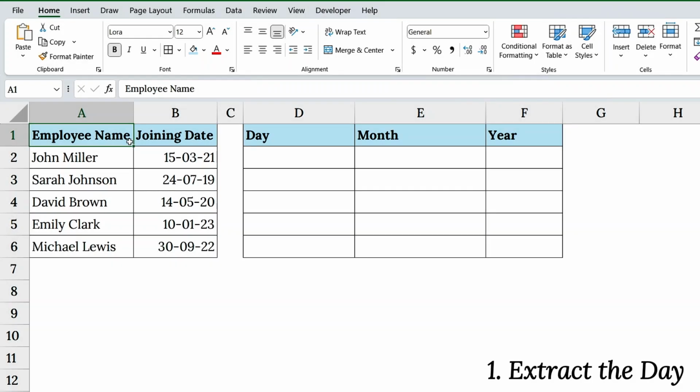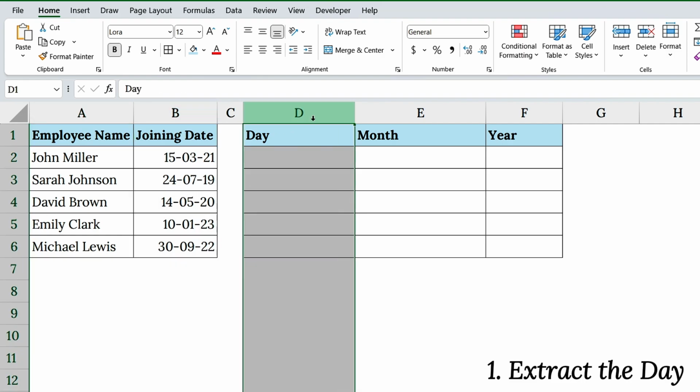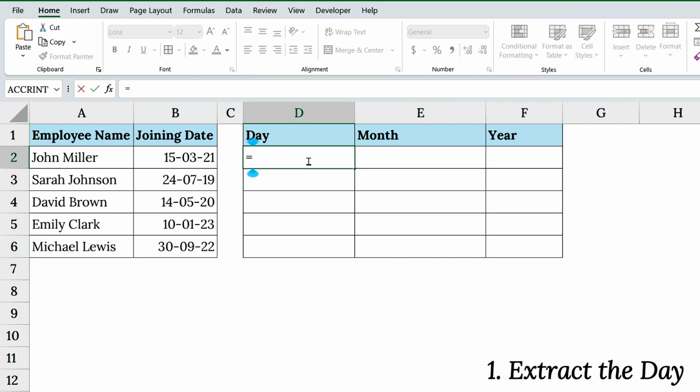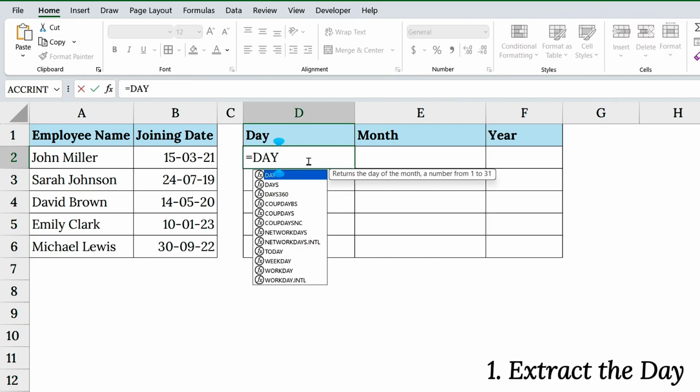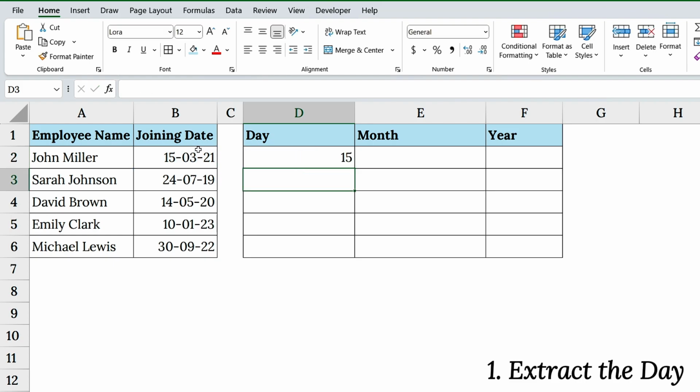Let's start with a simple data set. All the joining dates are in column B. In column D, let's extract the day. Click on cell D2 and type equals DAY, open parenthesis. Select the B2 cell, and close the parenthesis. Hit enter, and you'll see the result 15 for John Miller, because his joining date is